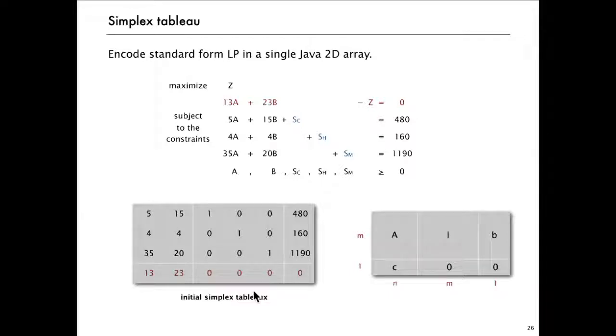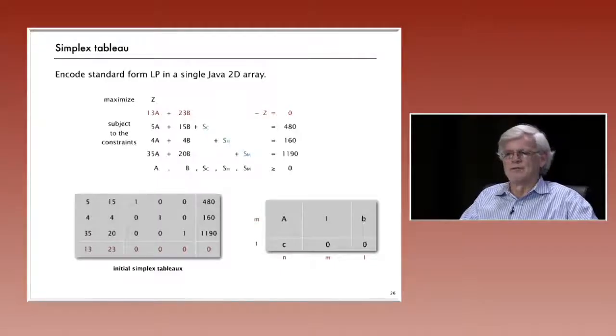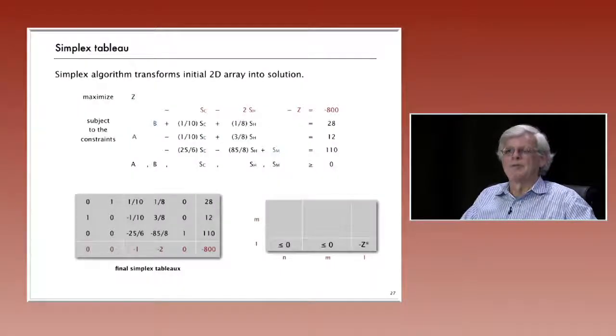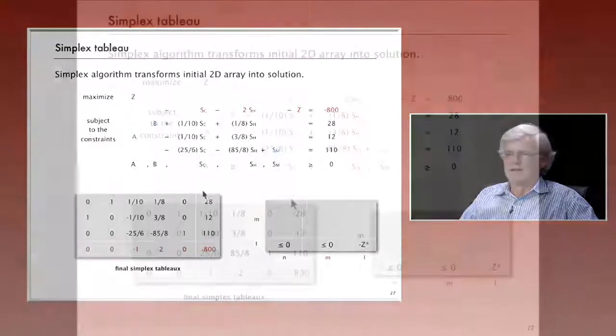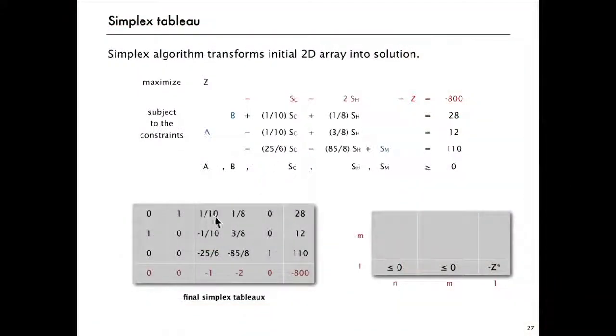It's a tableau. It's really the matrices and vectors that we have as input to the problem, all put into a single array. And that's, again, just to reduce the amount of code we have to worry about. So the idea is that when we run the algorithm, all we're doing is transforming a few entries in this array, and when we're done, this is the representation of the equations that we ended up with before, and what they tell us is